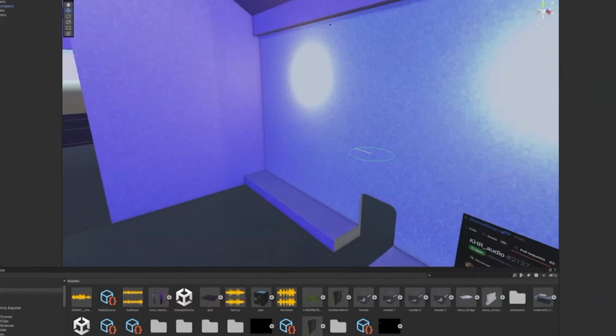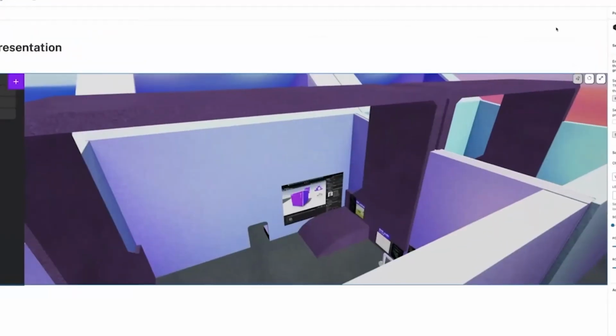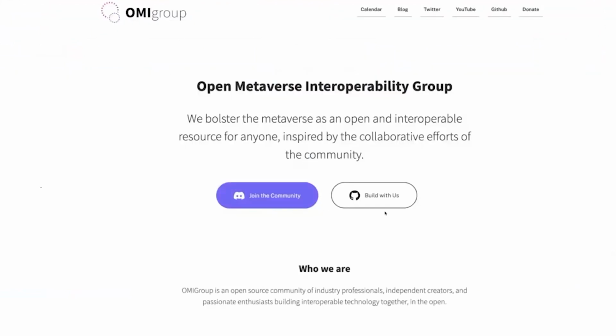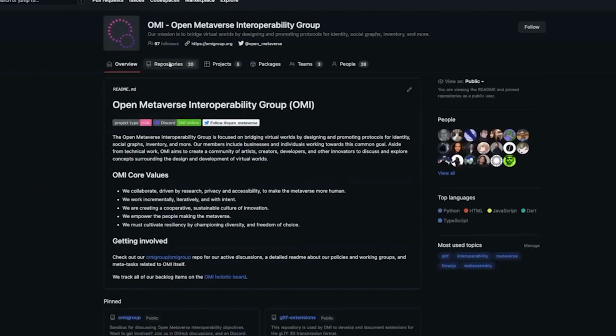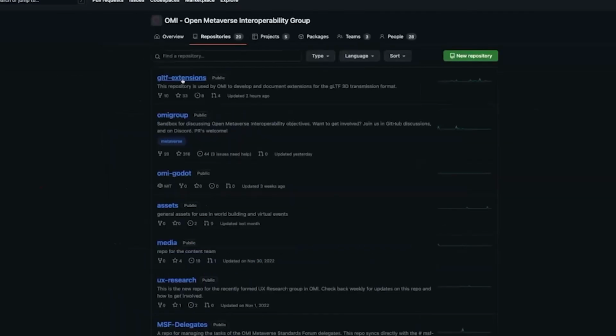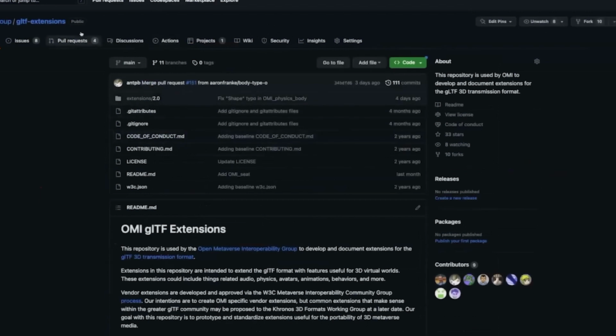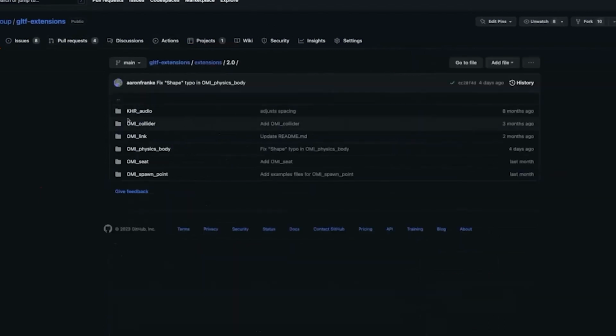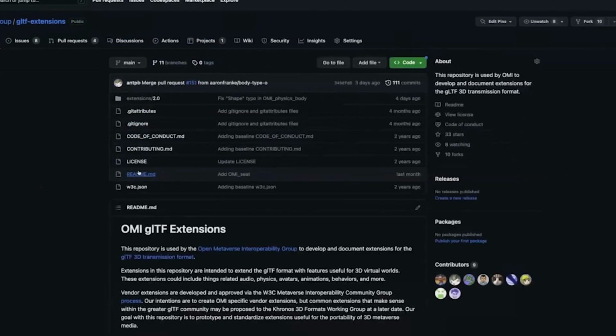And again, if you want to get involved with OMI, the Discord is the best place, and the GitHub has all of our repos. You can take a look at the glTF extensions repo, and that's where a lot of the three.js examples we have of all of the extensions exist.